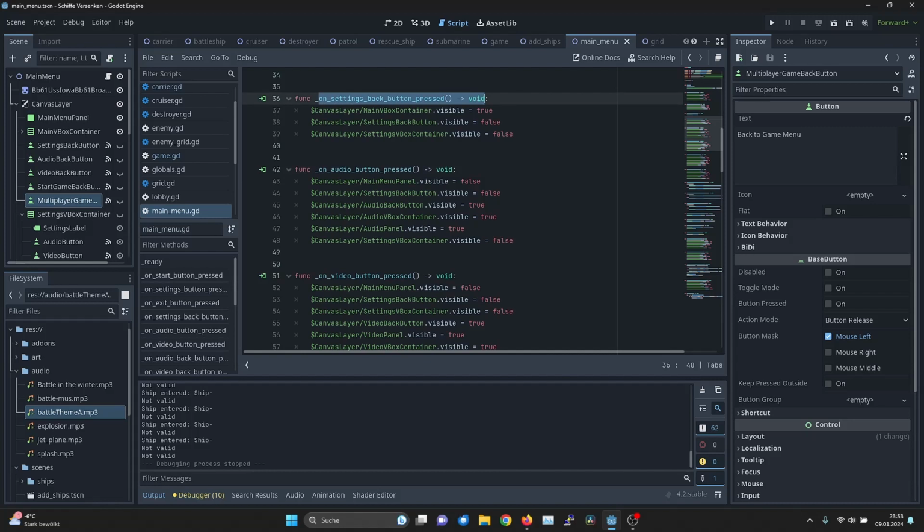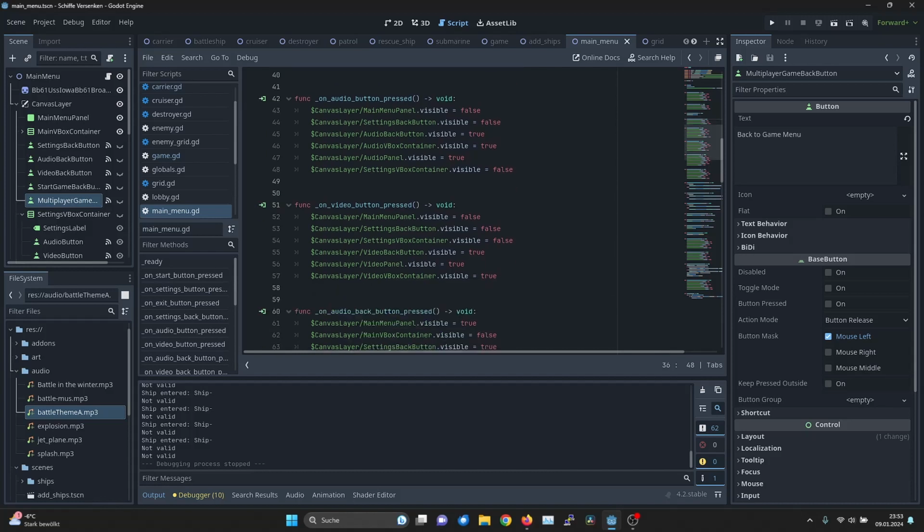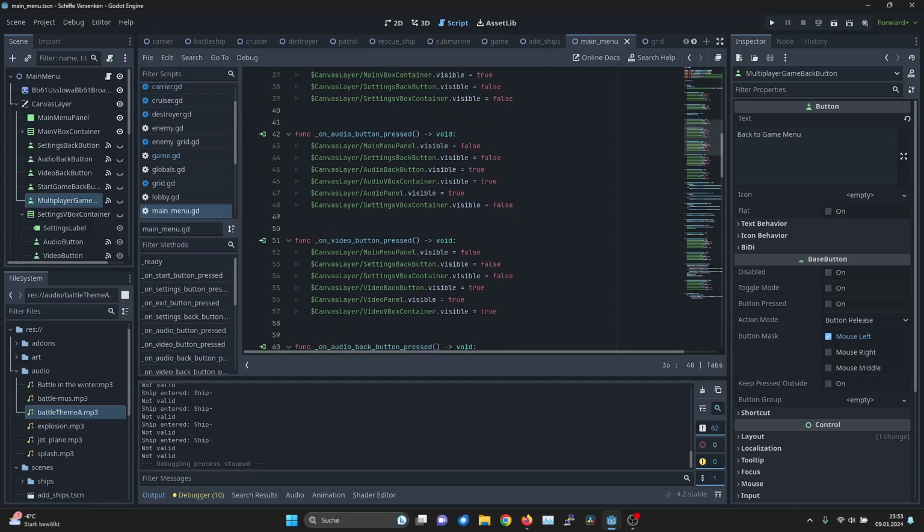So you need to copy paste, for example, several parts every time. For example, if you see audio, video, then I switch off the main menu, but I put on, of course, here in this example the video, and in this example the audio